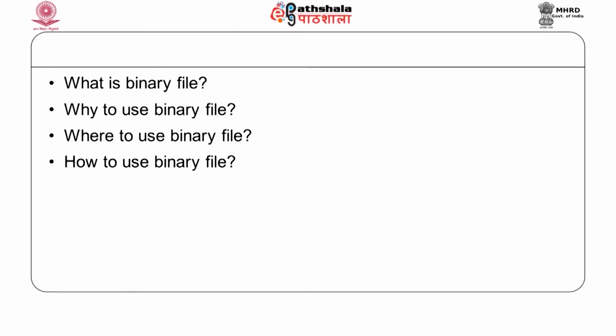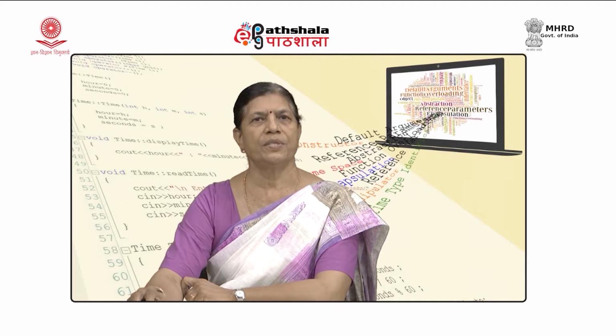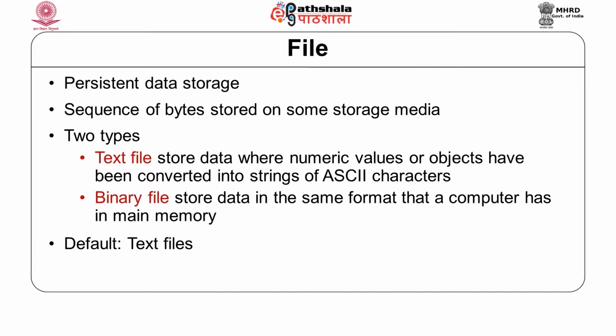In the previous module, we have already talked about working with files, and especially the emphasis was more on text files. File is especially used for persistent data storage, and it is just a sequence of bytes which is stored in the storage media. There are two types of files, text files and binary files, which can be used in C++. Text files do the conversion of numeric data or objects into string before reading or writing,